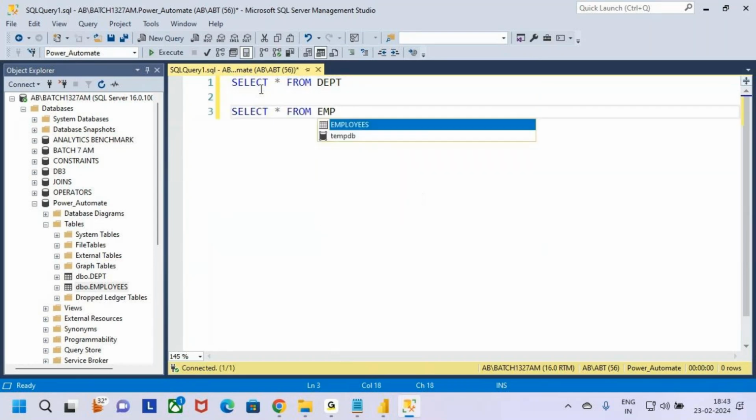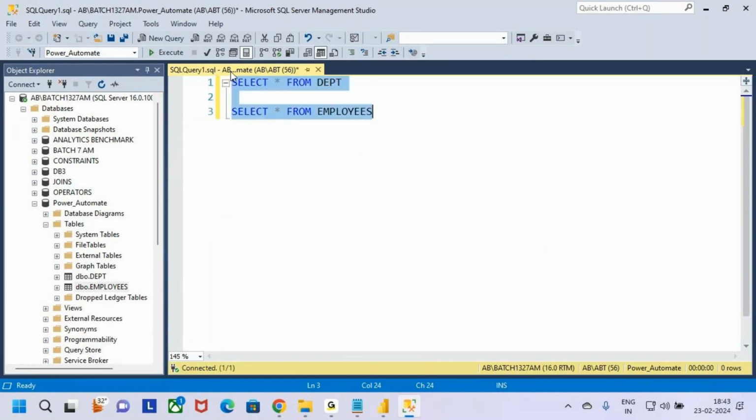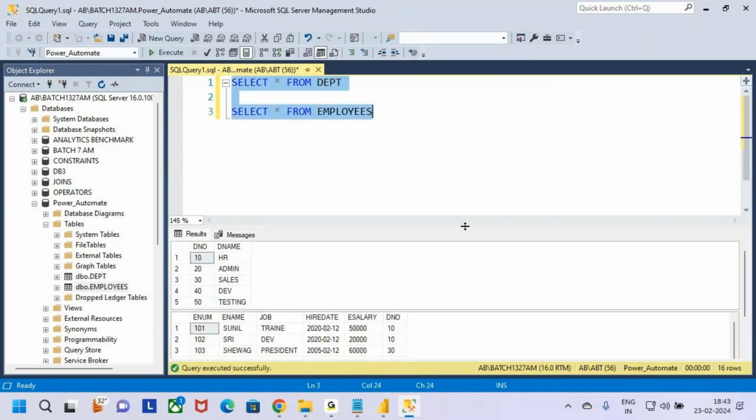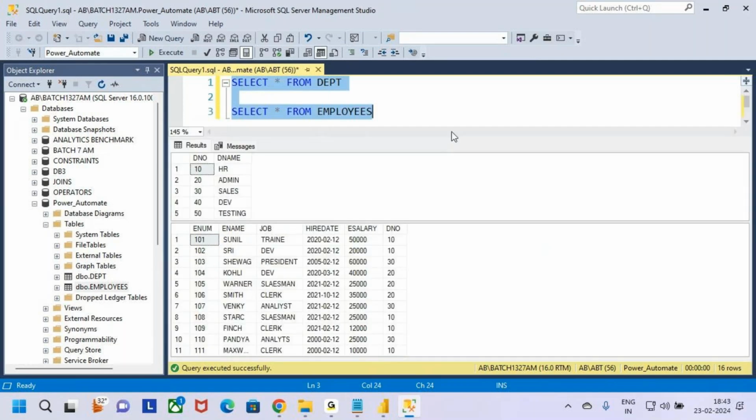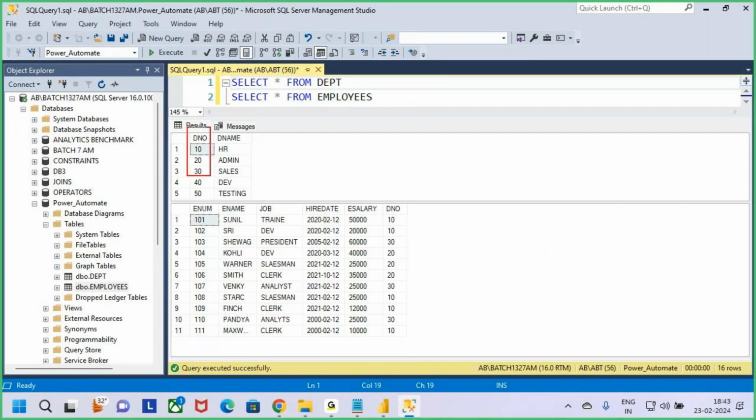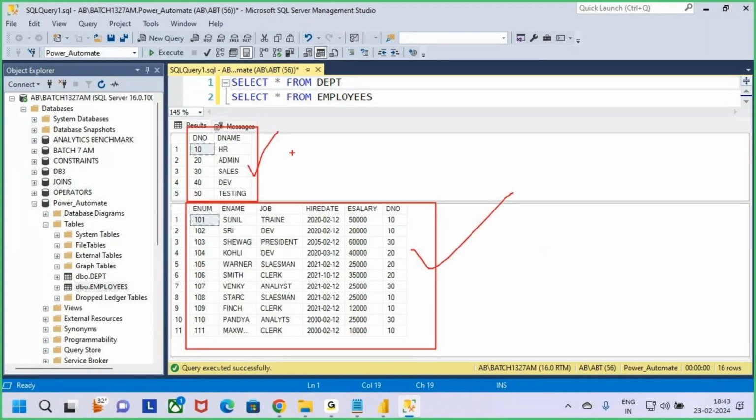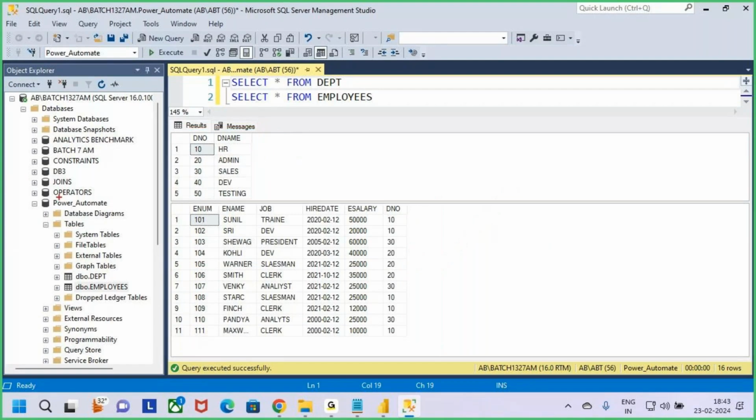Select the data from both the employees table and also from the departments table. Now see, this is the data I'm having in the employees table and also in the departments table. This is the data in the departments table, and this is the data I'm having in the employees table. So I'm having the data in SQL. Whatever data I'm having in SQL in this Power Automate database, in these two tables, I'm bringing this